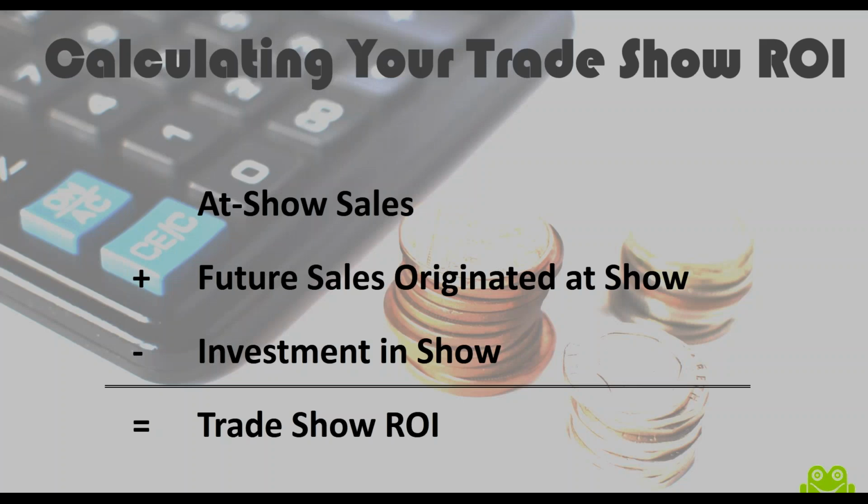Okay, here's one more rather simple calculation that I suggest you consider. When you want to calculate the return on investment, or ROI, for your trade show, you want to consider not only the at-show sales, the ones that you made on the show floor, you also want to look, say, 3 to 6 months after the show, assuming you track these electronically or manually. You want to look at all the future sales that originated at the show. That means that if you met customers for the first time at the show and they only bought a couple of weeks after the show, you do want to attribute those sales to the return on investment from the show,